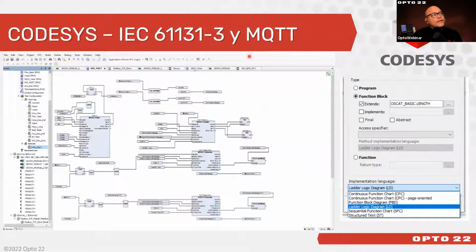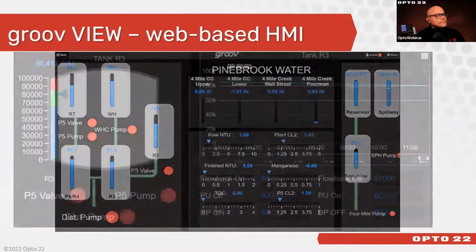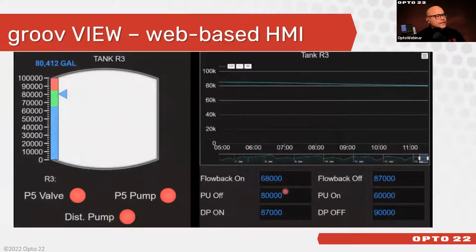this point. So CODESYS is used, and the CODESYS license on the EPIC controller is $0. It is included. In this case, they used IEC 61131-3, and they used MQTT implementation in this to send that information back to their host. So continuing, this is their HMI, a couple of other sheets of their HMI,